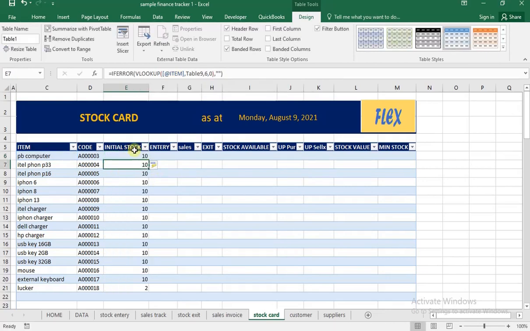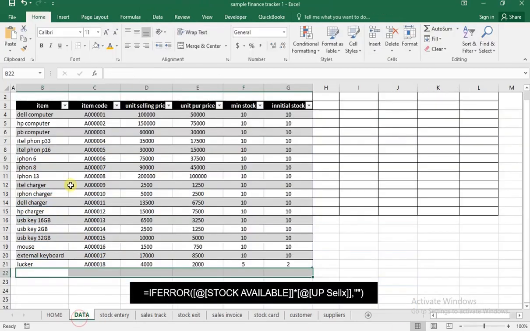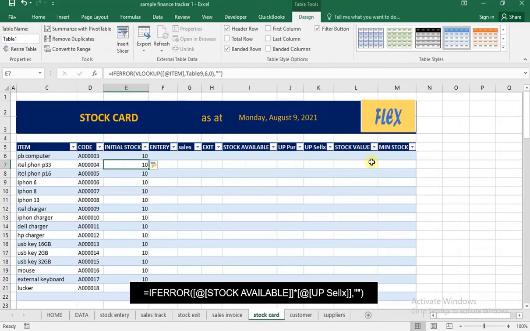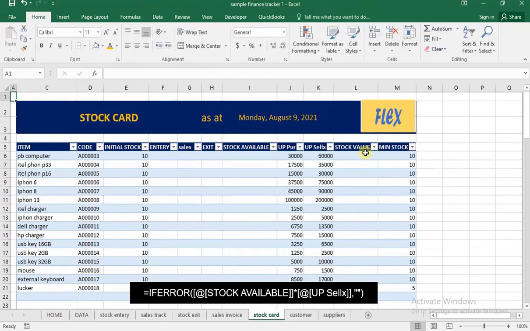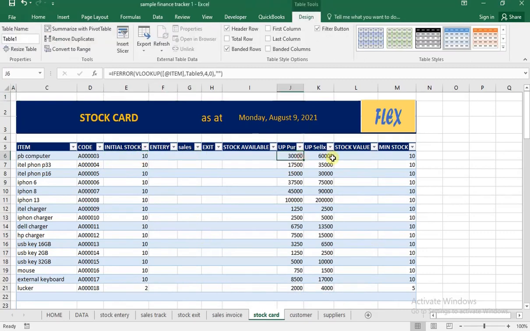Okay, that's what we are going to do for the remaining data, such as the unit purchase price, the unit selling price, and the minimum stock. Since all of them are here, we use the VLOOKUP formula to make them appear here automatically. Alright, after bringing all of this data with the VLOOKUP formula, we can now calculate the stock value